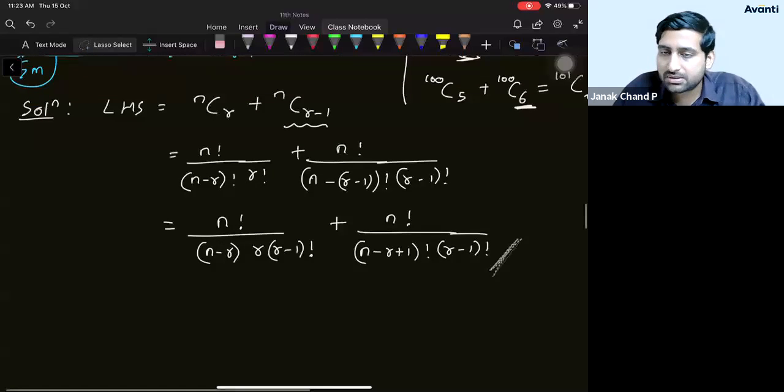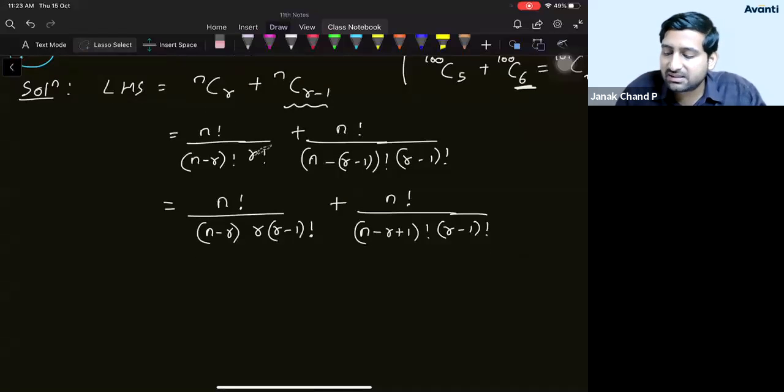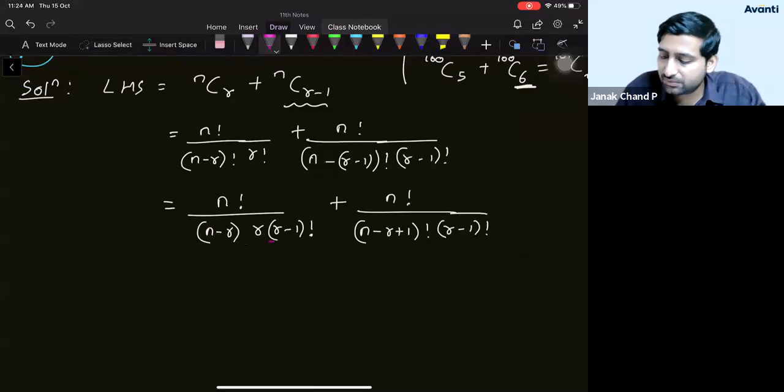Okay, I hope everyone understood this. This minus will become plus, right? I have already split this bigger r factorial in terms of a smaller factorial. Then, students, there's one more thing here. Out of this and this, I'm just comparing these two, they are comparable, right? And in the numerator, n factorial is directly matching with n factorial.